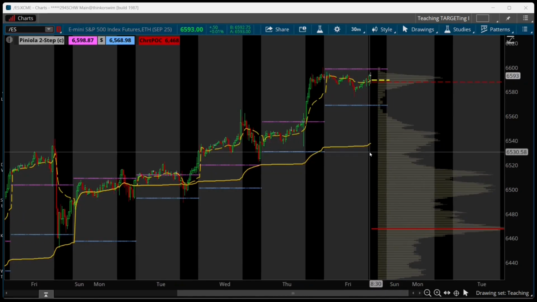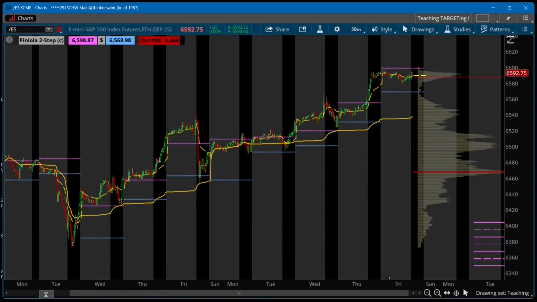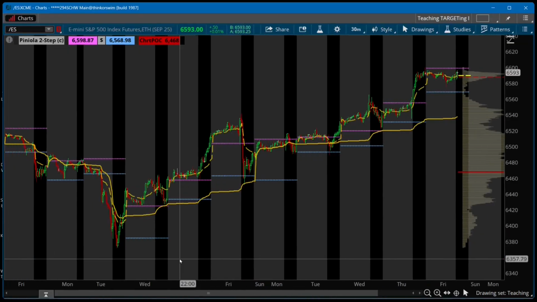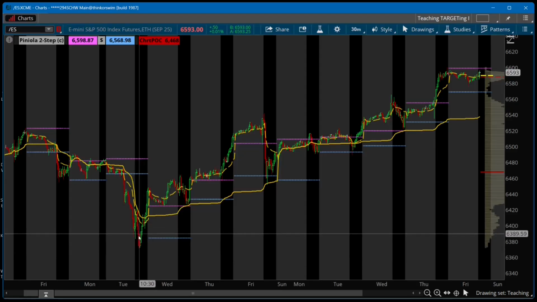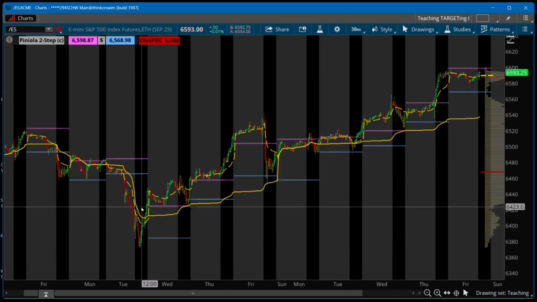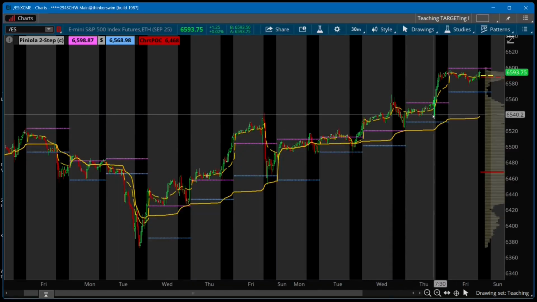Okay, so let's get started. First thing that I do is I like to go back and find a bottom or a top, depending on which way I am addressing price action. So I consider this a significant bottom. People could say this is a bottom, that's a bottom. Yes, you have lots of small so-called bottoms here, but